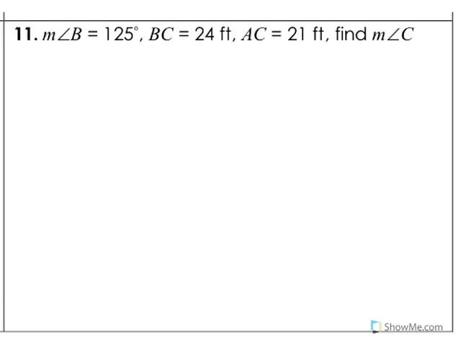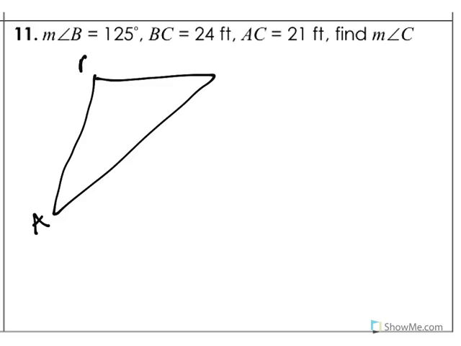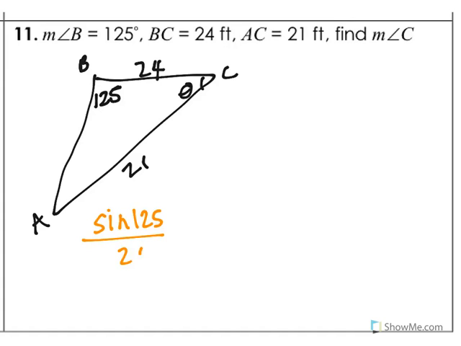Draw my little triangle. Then we have A, B, C. B is 125. BC is 24. AC is 21. And we have to find that one. Alrighty. Do we have a pair? Oh, we do. Okay, good. So now we've got sine of 125 over 21, there's our first pair, equals sine